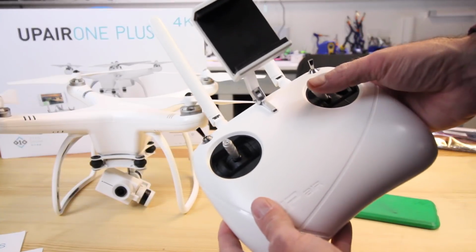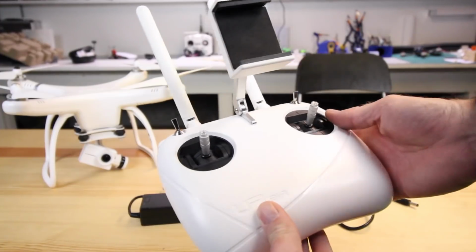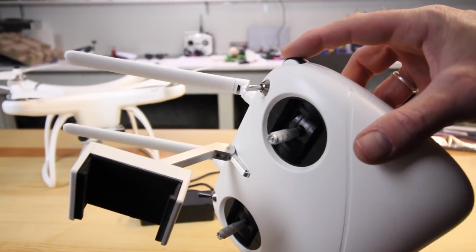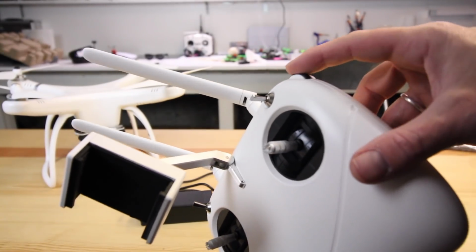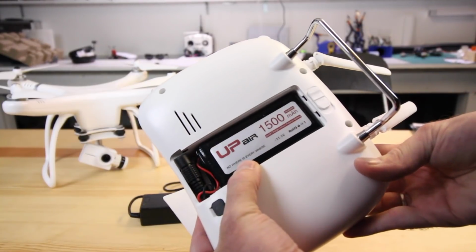And right will be right and left will be left, and away from you will actually move the drone away from you. Now also in the controller, you do have manual buttons for video and photo here, and you have a gimbal control wheel over on this side right here. On the very back, if you move this back, you can see the Upair battery is inside your controller,